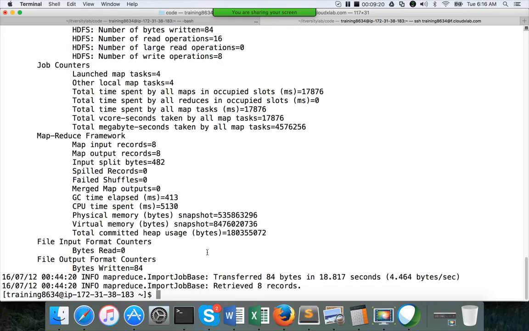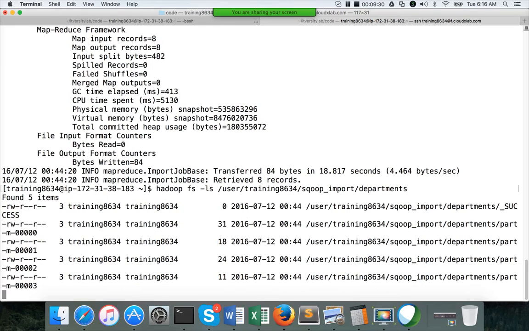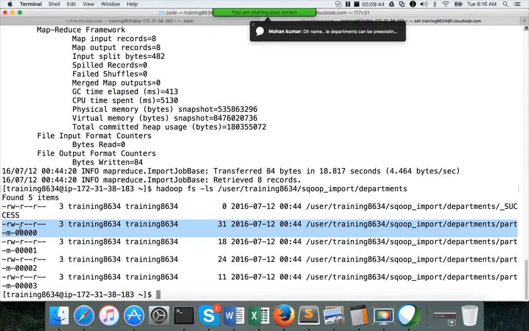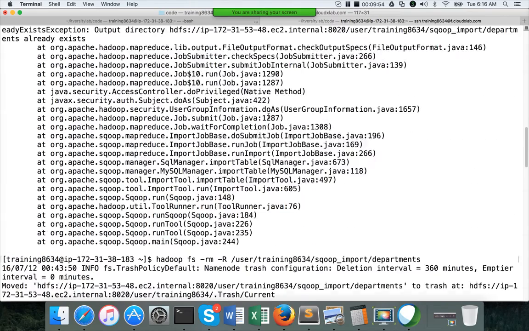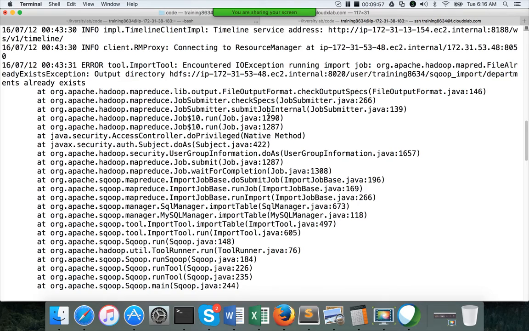Okay. Now you can see that the data is copied, and you can see with hadoop fs -ls. It has created 4 files because our number of mappers is 4. Okay. And you can see each of them have the data. These are all files. If you cat, we can see the data because it is stored with the target directory. You have to give a directory that is not already existing. When we ran earlier, when the directory exists, it failed.